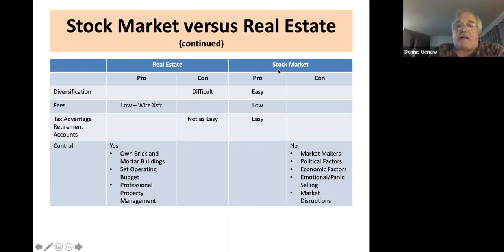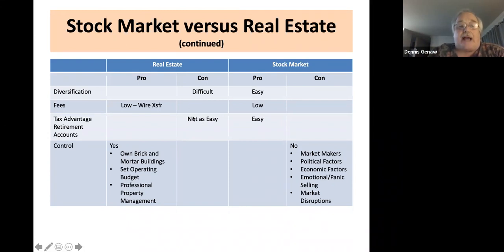The stock market, it used to be that for your brokerage account, you'd pay all kinds of fees. You'd pay fees for each transaction that you conduct, every time you buy or sell. And they used to fee you to death there. They've reduced a lot of those fees now. So I'm going to classify the stock market as low on fees as well, especially if you have one of those online accounts and they can do a couple dollars a trade or something like that nowadays. I don't know how low they've gone, but